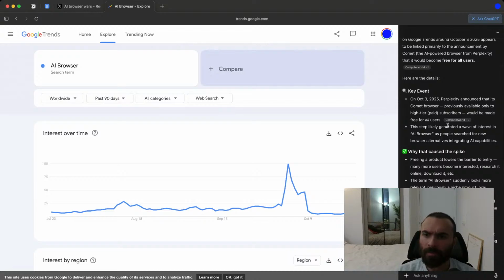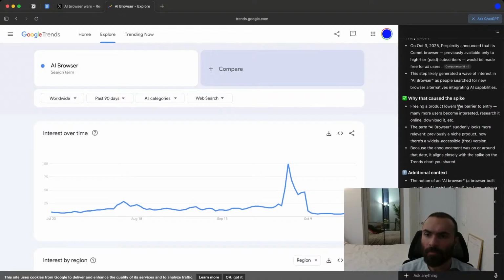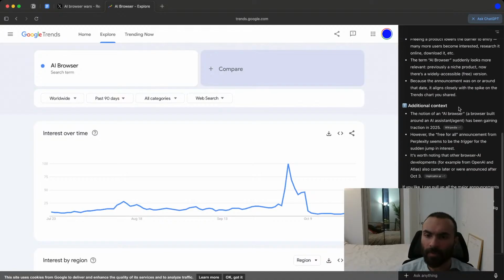Comet browser, previously available only to high-tier paid subscribers, would be made free for all users. This step likely generated a wave of interest in AI browsers. People search for new browser alternatives integrating AI capabilities. A free product lowers the notion of an AI browser.